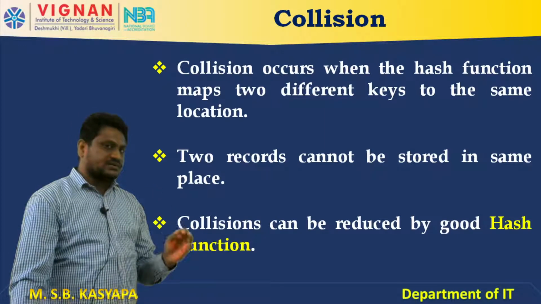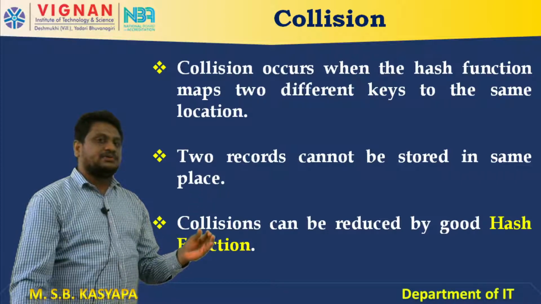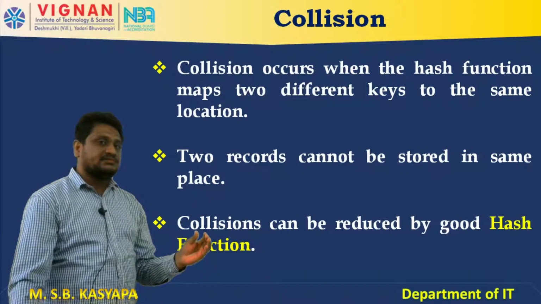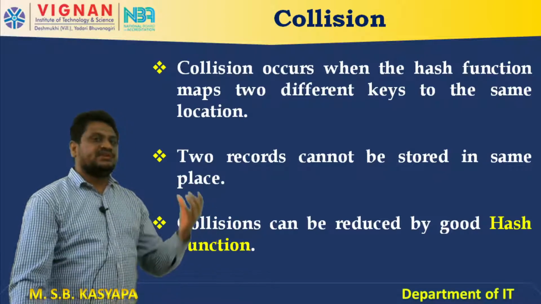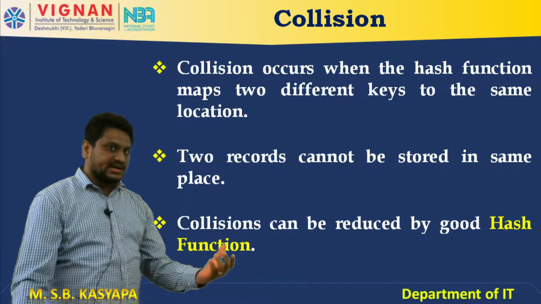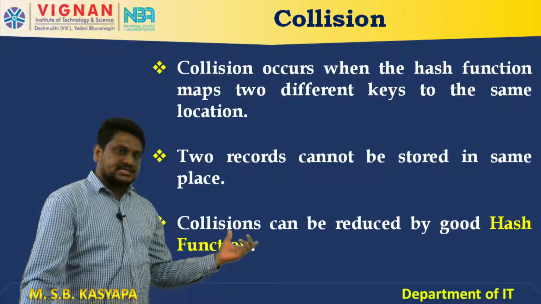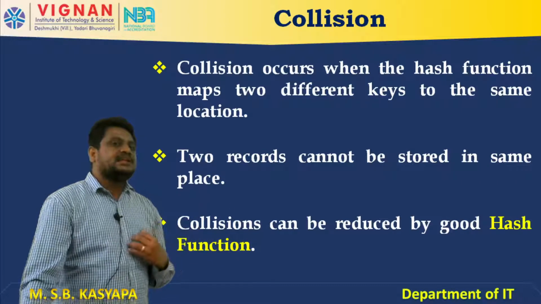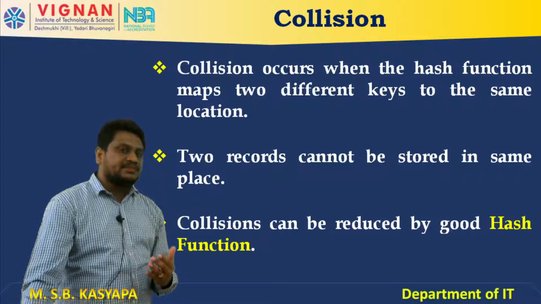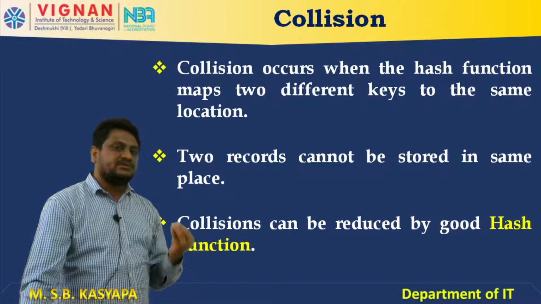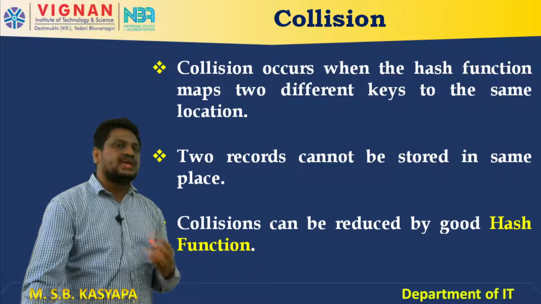So, I have collisions. Collisions mean that if I want to insert multiple values for the same key, then a collision will occur. Why? Because for one key I can insert only one data. So, for these reasons, if I want to eliminate those collisions, how can I eliminate them? The first process is using a good hash function.